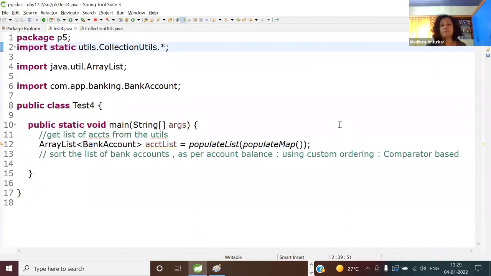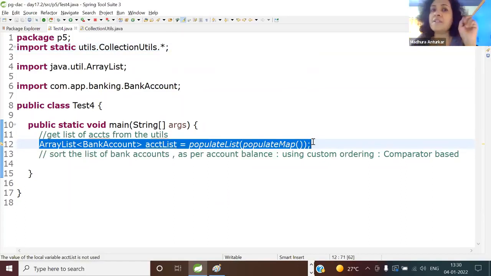You finish it here till here, and then we'll continue. Done? Okay. So all I have got is the array list,